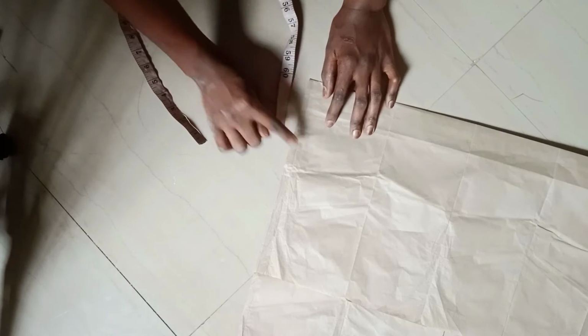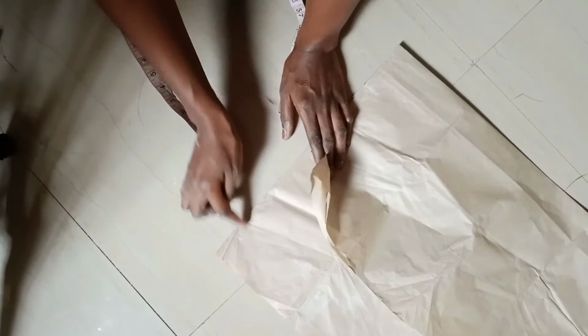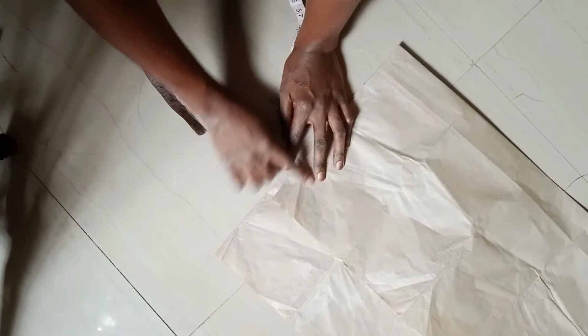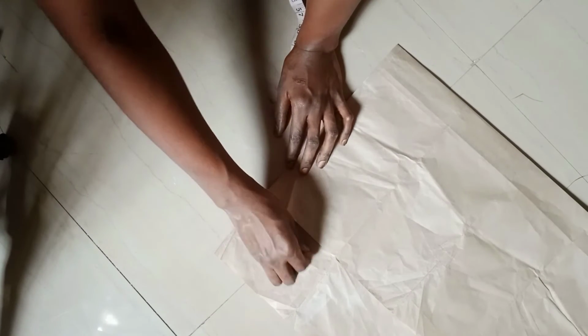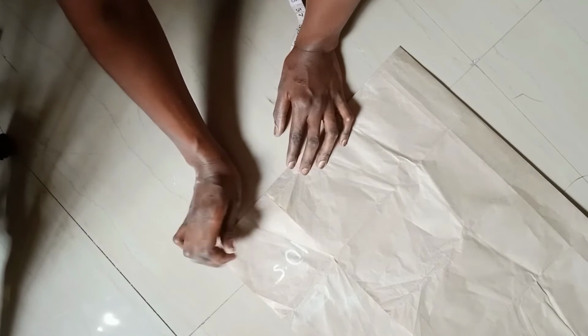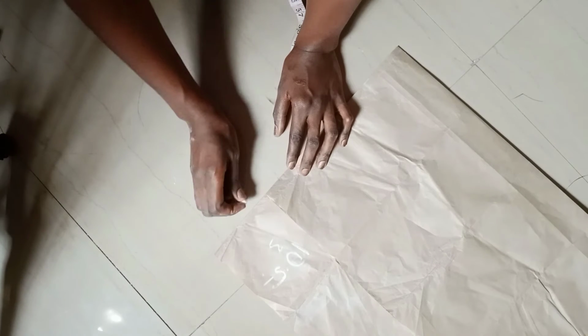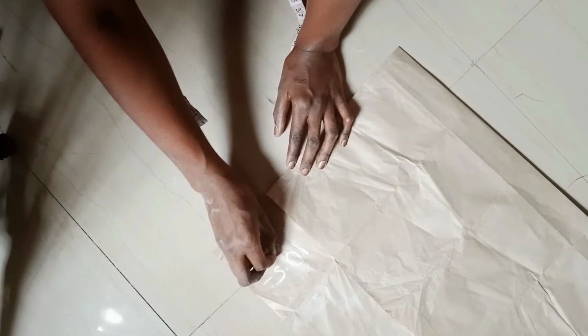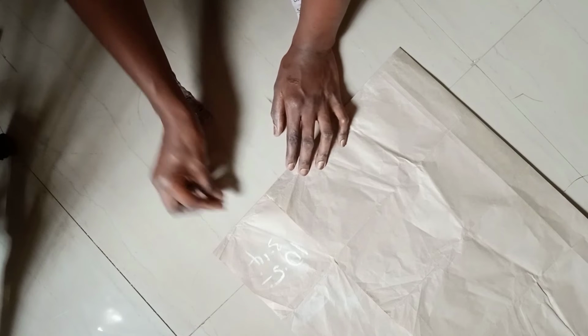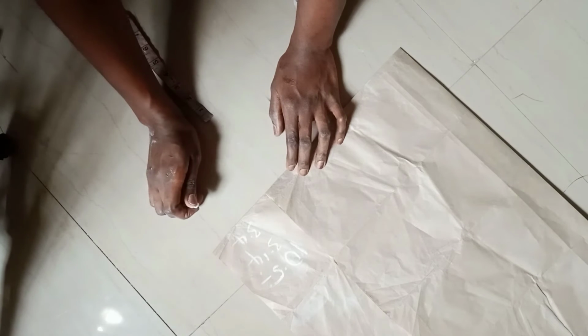Moving on now, the next thing I'm trying to cut out is the circle flare that is going to be attached on the sleeve. It's going to be a full circle, a 360-degree circle. The circumference of the arm where I'll be attaching this flare is 10.5. So 10.5 inches divided by 3.14 will be giving us